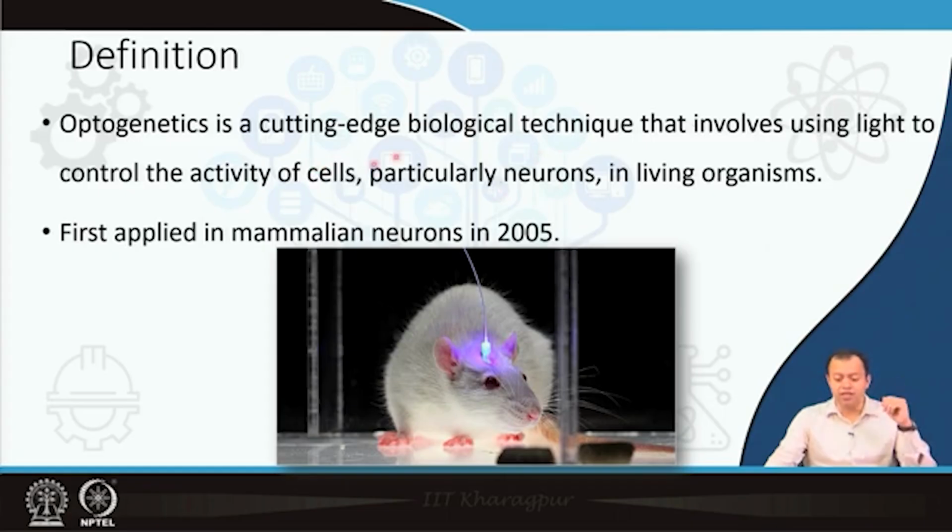There is nothing preventing us from using optogenetics to control the activity of any other cell, right. But in 2005, the mammalian neurons were first modified using these kinds of white light source inside the mammal's head, the mammal being mice here, the specific red eye mice, and we wanted to try and see how we can modify genetically, how we can modify the different genes, and thereby can we modify the behavior